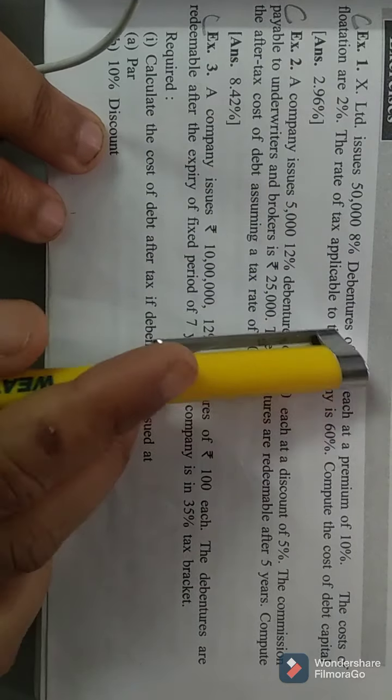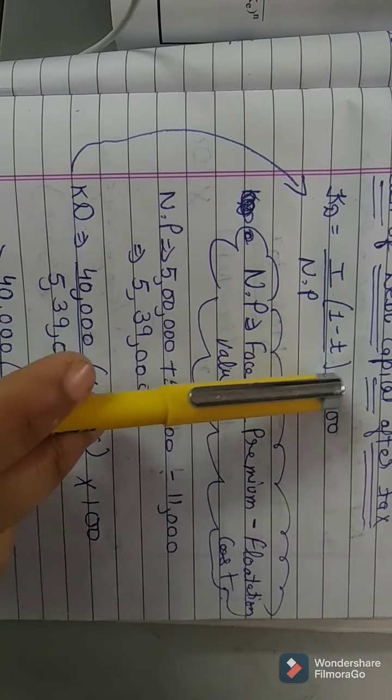We can add all the gains and subtract all the expenses, such as face value plus premium minus discount minus brokerage minus cost. Now here I calculate NP. Net proceeds is equal to amount of debenture plus amount of premium minus amount of flotation cost, which we can calculate here. Now the values are put in this formula.